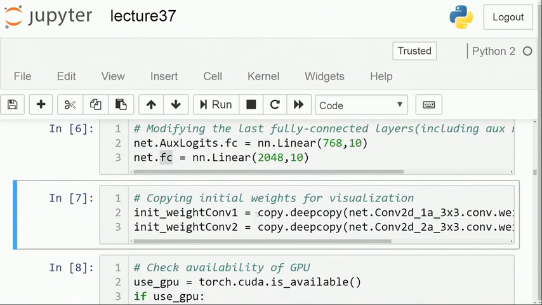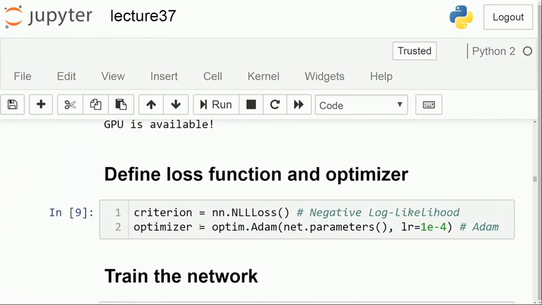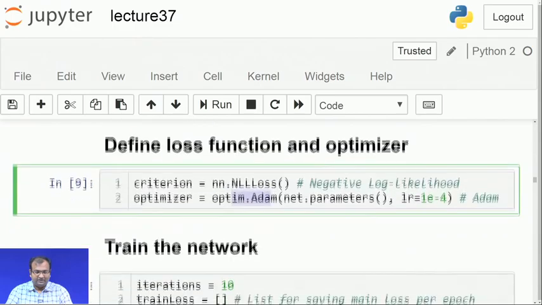Now, after that we go back with our original form, which is just to copy down my weights and keep them for later visualization at a later point of time. Now, once that is done, I check whether my GPU is available, and then I define my criterion. Now here we are just going to train it following the classification pipeline, and for that reason we are just using negative log likelihood as my criterion, and my optimizer over here is Adam. So these are plain vanilla and taken in the same way as we had done in the earlier ones.